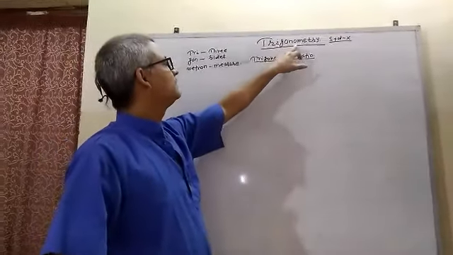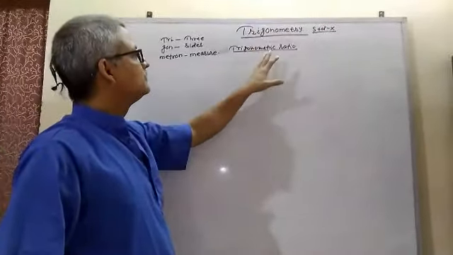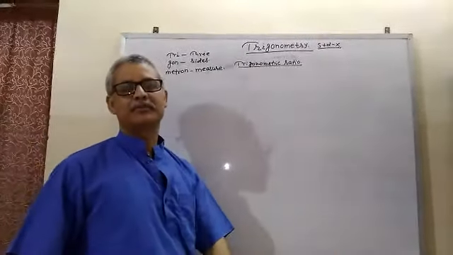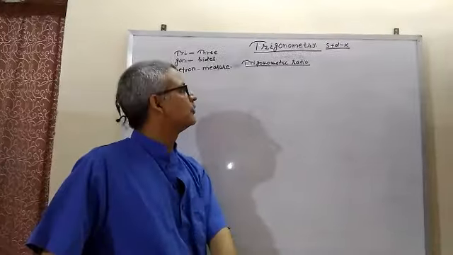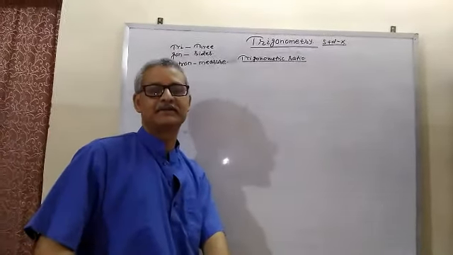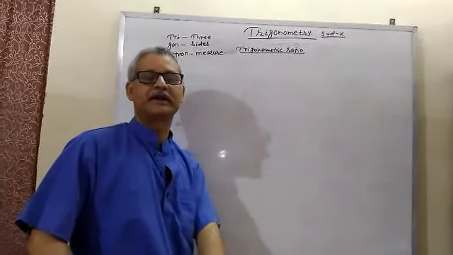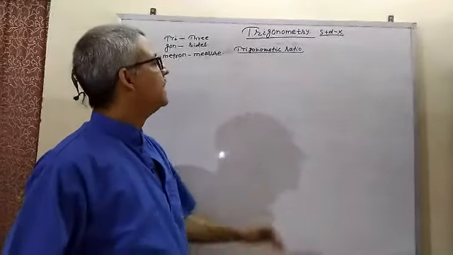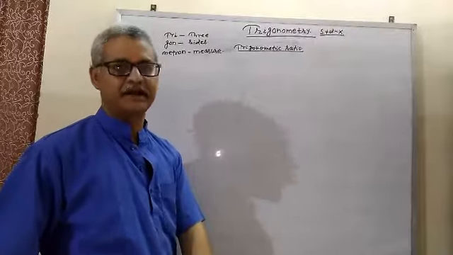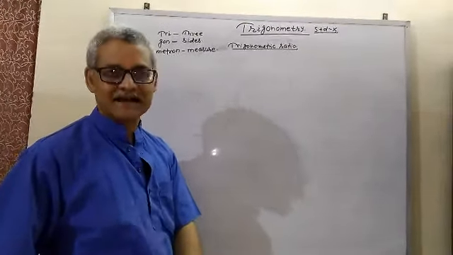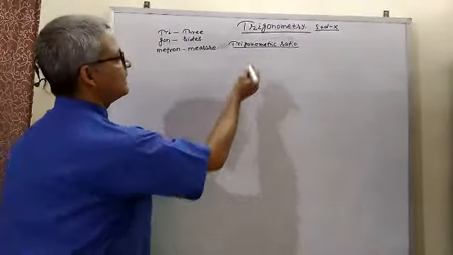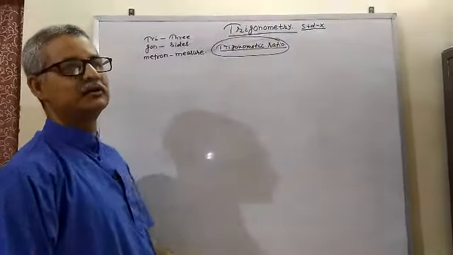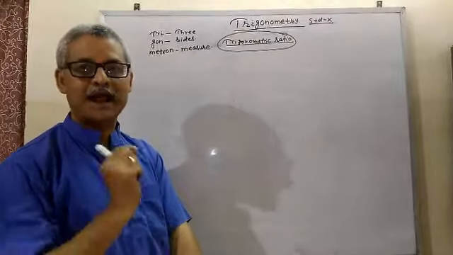Actually, trigonometry is a very long topic with a long exercise. In that, there are so many topics: trigonometrical ratios, trigonometric angles, standard angles, then height and distance, complementary angles. All these things are in trigonometry. At a higher level, it is used in engineering or physical science. So, trigonometric ratios give the relation between two sides with respect to any acute angle.